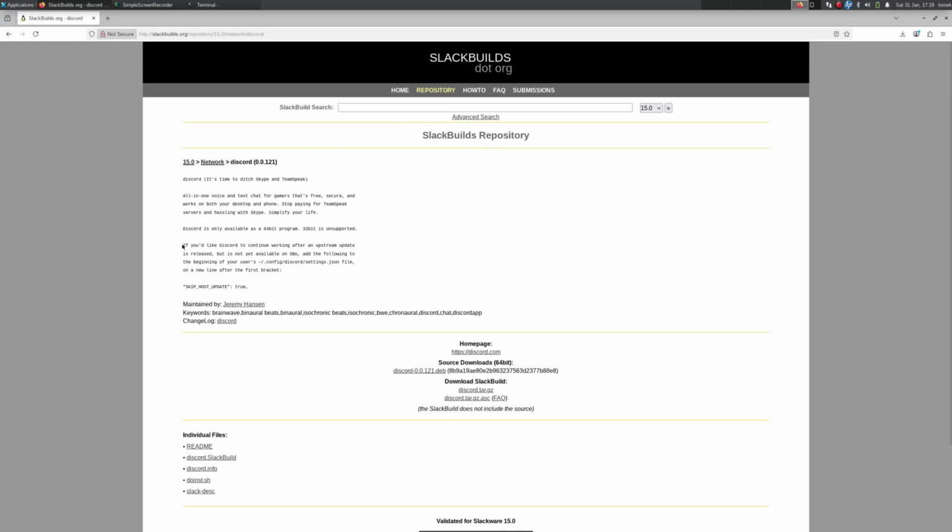So it's written that if you'd like Discord to continue working after upstream's update is released, we need to configure the settings JSON file in config Discord and add a new line. So it's not updated yet on our Slack build repository. So if we don't want to download this file and edit it by ourselves, we need to copy this,